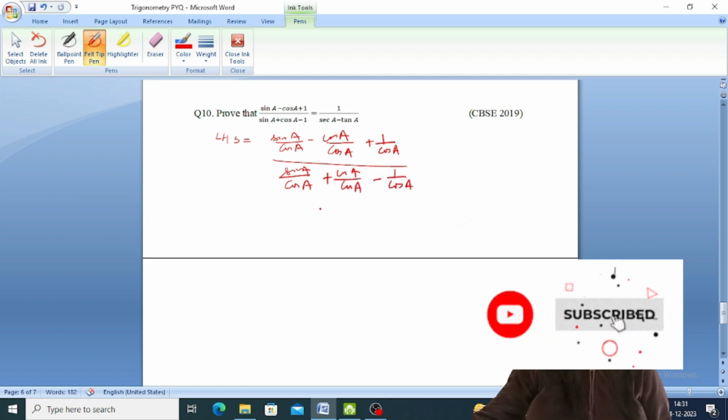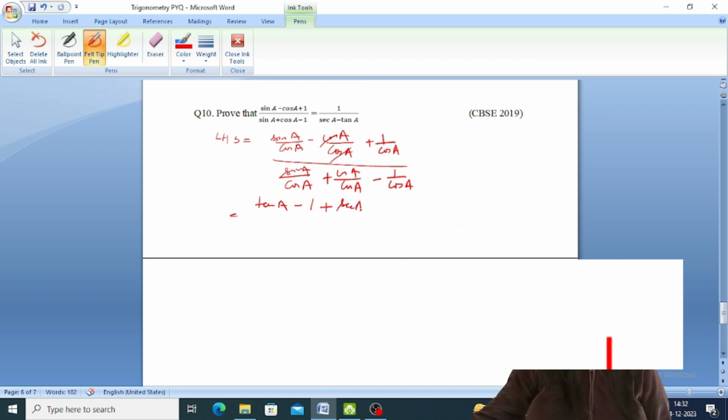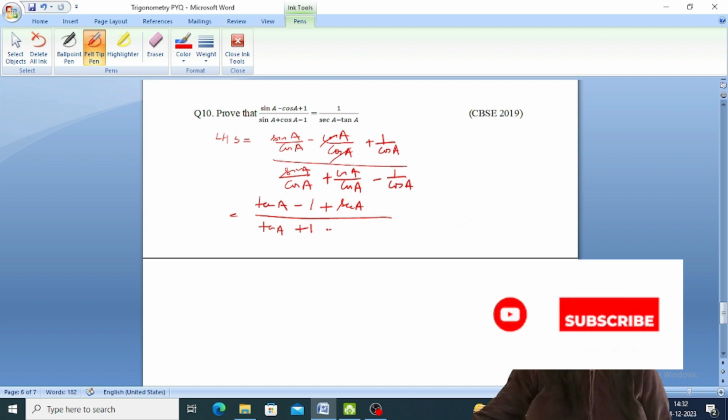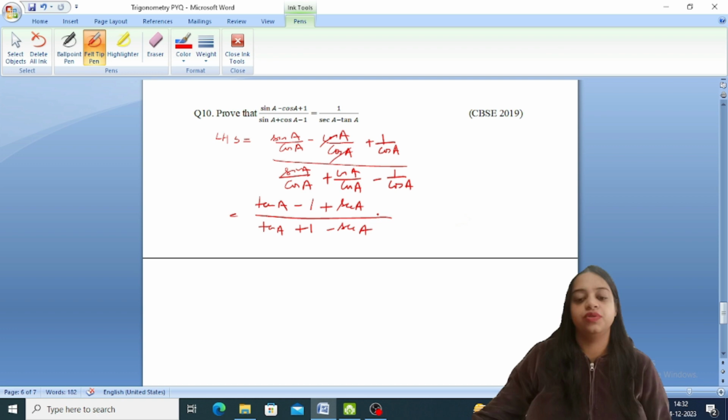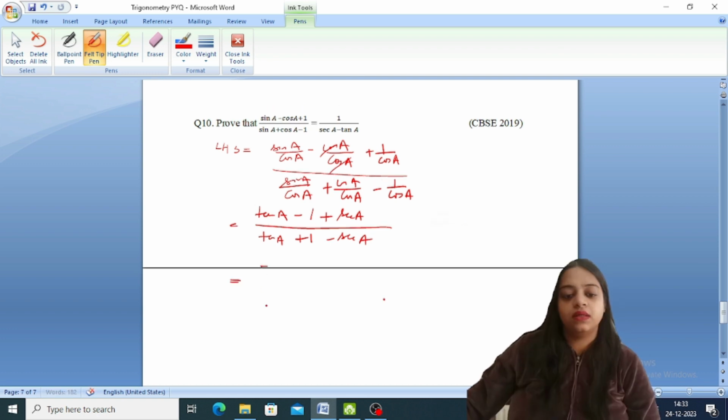So I have divided both numerator and denominator with cos to get the terms in terms of secant and tan. So now you see it is sine A upon cos A is tan A minus cos A and cos A cancels to give you 1, and this is 1 upon cos A, which is secant A. Same way, this is tan A plus 1 minus secant A. Now what we can do is, this can be written as tan A plus secant A